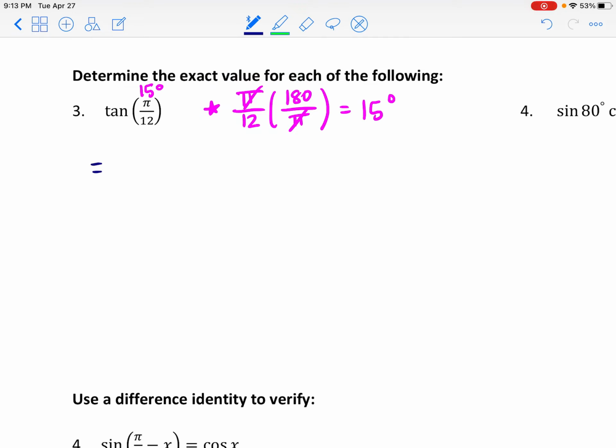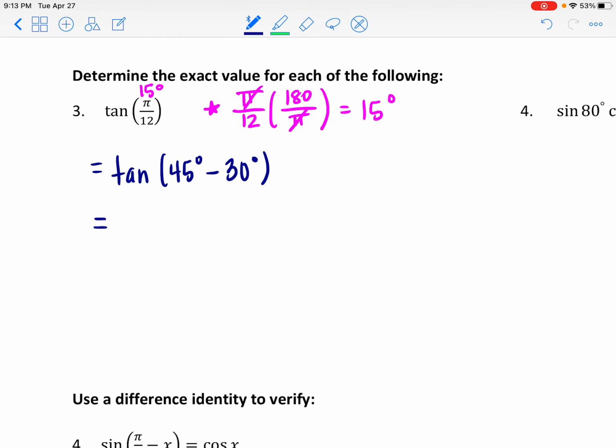So I'm going to say that this is the same as the tangent of 45 degrees minus 30 degrees. You can use any two angles you want that have a difference of 15. I just try to keep it smaller if I can. Okay, so tangent of 45 minus 30, or the tangent of a difference, right? This is the last identity that's on our list. The tangent of a difference, we can